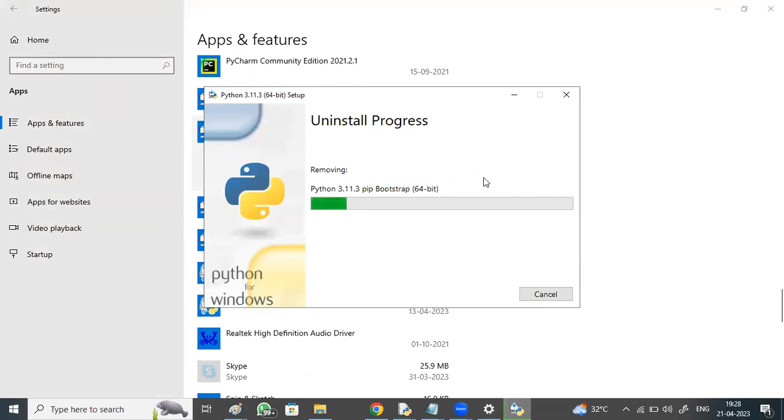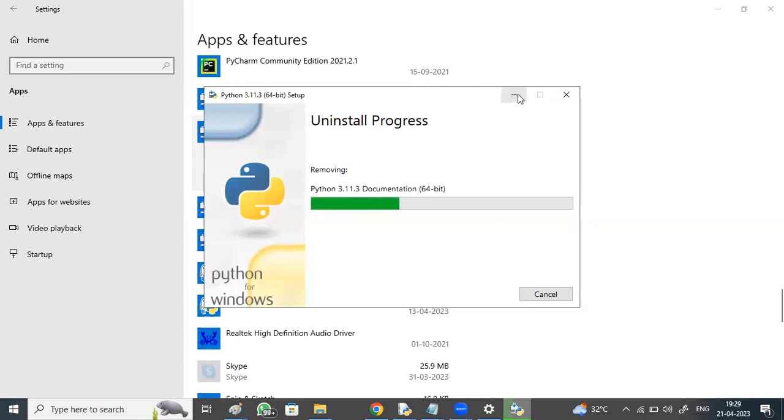Python provides different software for different environments: for Windows, for Linux, for Mac OS. And within Windows, it provides separate software for 32-bit and for 64-bit.